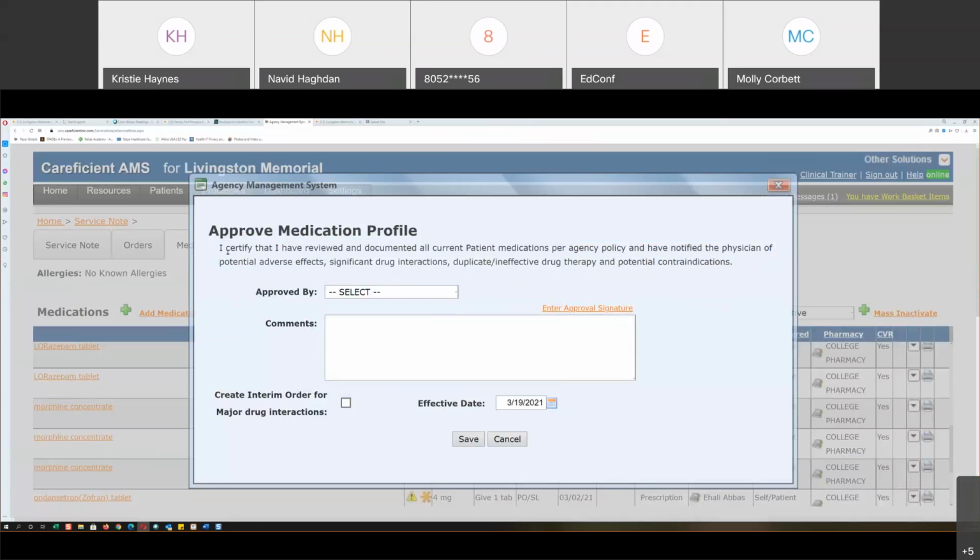It's saying that I certify that I have reviewed and documented all current medications per agency policy and have notified the physician of potential adverse effects, significant drug interactions, duplicate ineffective drug therapy, and potential contraindications. So because there was no major or whatever level that you had, you don't have to notify the physician. So you'll have to check your policies and see, does your policy say major or does it say all interactions? Whatever your policy is,